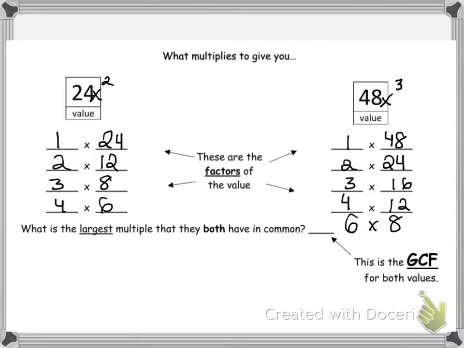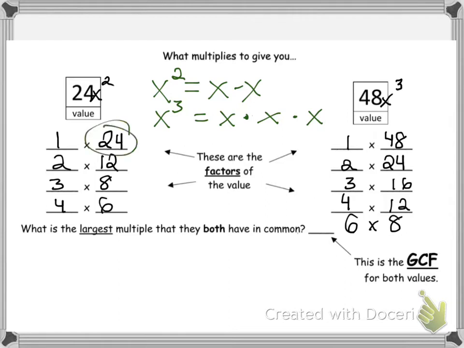So you see how the first one says 24x squared? Remember, x squared really means x times x. And the second one that says x to the power of 3, remember that means x times x times x. So if I was to ask you which one's considered the smaller variable, of course you'll choose the one with the smaller exponent. So my GCF will still be 24,